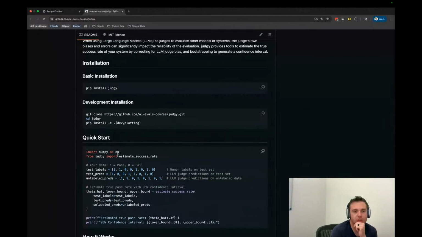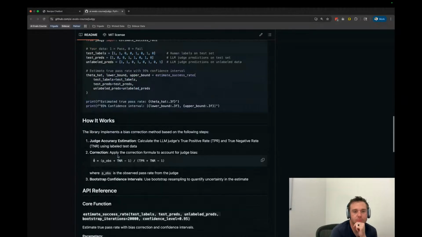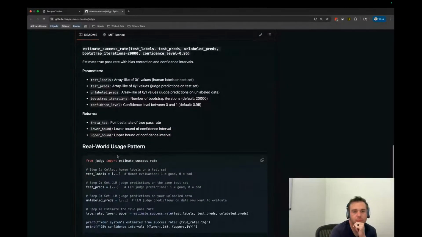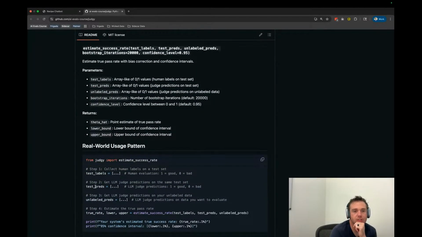So I imagine it's already installed. So we get the test labels, test predictions, and unlabeled predictions, and estimate the true pass rate. Okay,